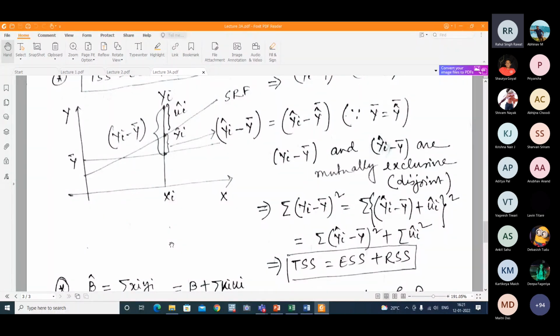It also gives us, subsequently you will see, other test statistics. So this decomposition of total deviation into the explained part and the unexplained part